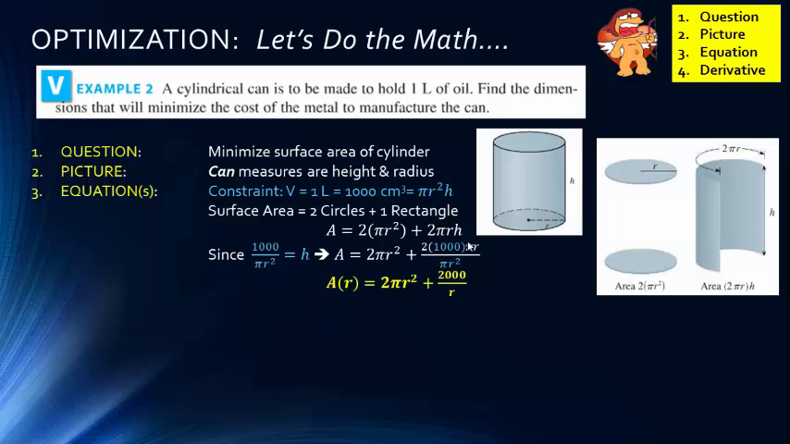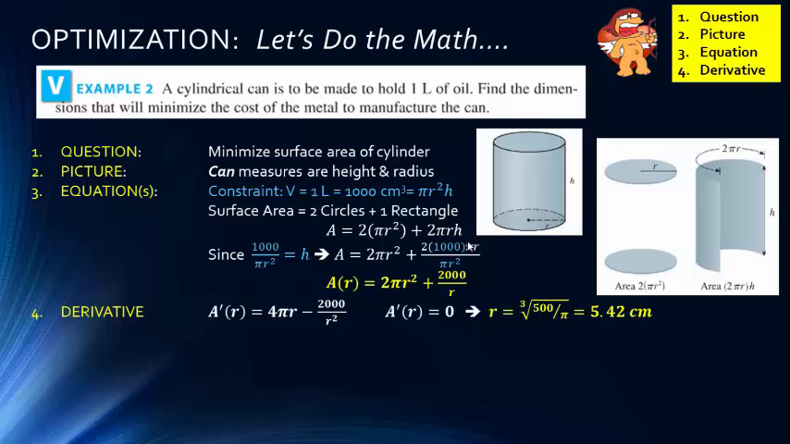This is just some basic algebra. You should be able to do this part here. Again, these are pretty straightforward derivatives. If we take the derivative of this, we get 4 pi r minus 2,000 over r squared. If we set this equal to 0 and solve, we add 2,000 over r squared to both sides. We cross multiply, so we get rid of the fraction, and we get 4 pi r cubed equals 2,000. And then dividing by 4 pi, and then taking the cube root, we get the radius equals 5.42